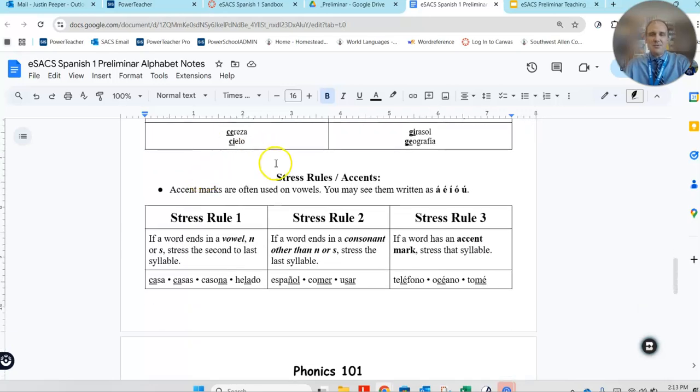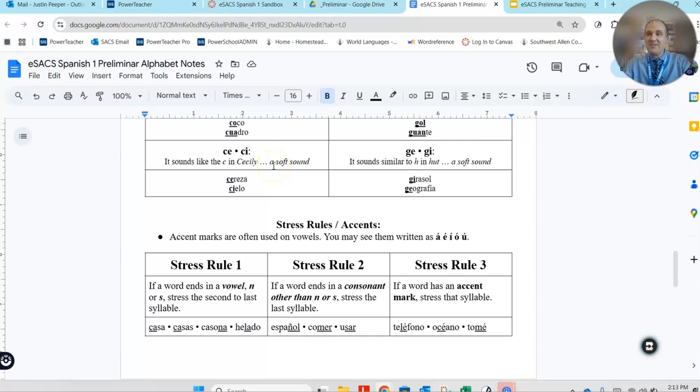And then finally, stress rules. By now you've seen that some words in Spanish have accents on them. All right, so we're going to talk a little bit about stress rules here. In Spanish, if a word ends in a vowel, so A, E, I, O, or U, an N or the letter S, the stress on that word always falls on the second to last syllable. So for example, if I look at the word casa, casa, it has two syllables. Since the word ends in an A, the stress falls, which means my voice naturally goes up on the second to last syllable. So casa, casas, casona,